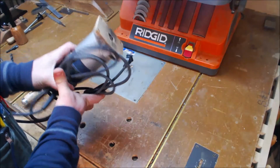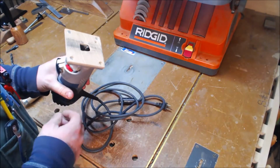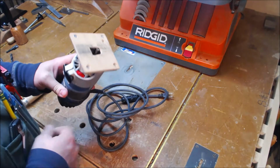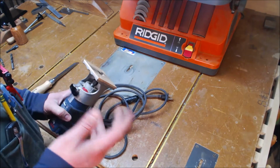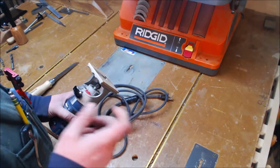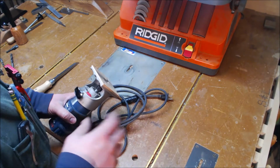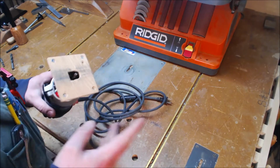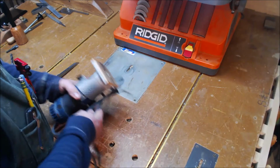Next, we need a way to cut our groove for the cap screw. I prefer a laminate trim router with a spiral cut bit. You can also do the same thing with a router table or a full-size router and a 3/4 inch bit with stops and fences. I prefer to use this, but as long as you've got a router to cut that. If you don't have a router,